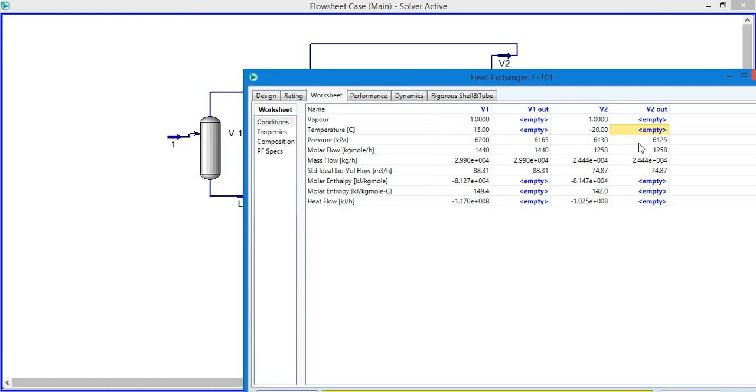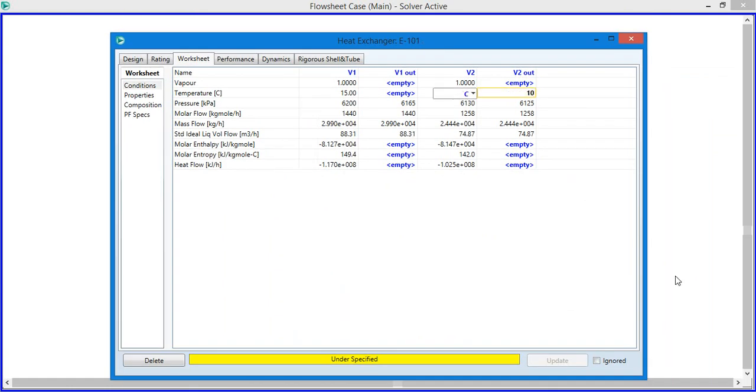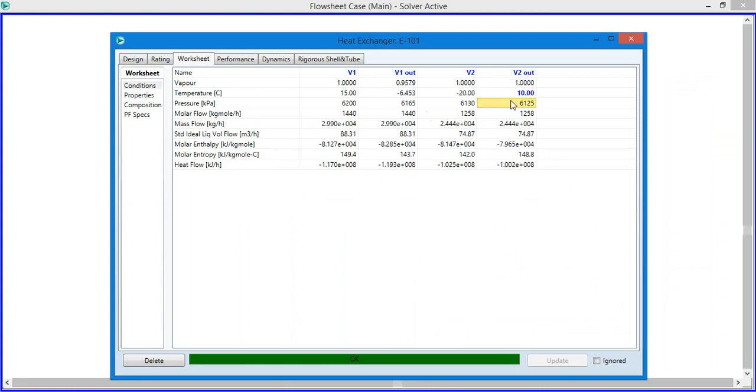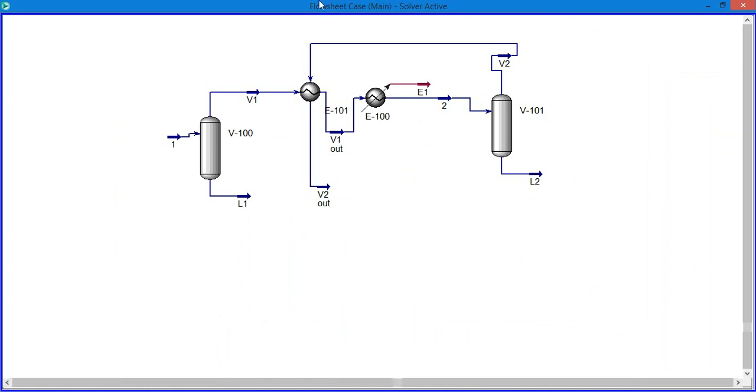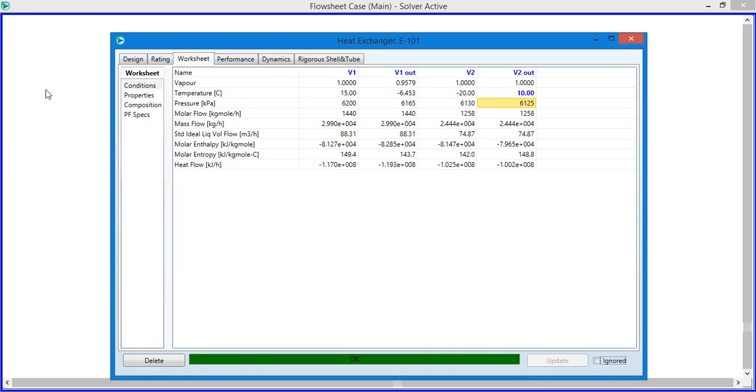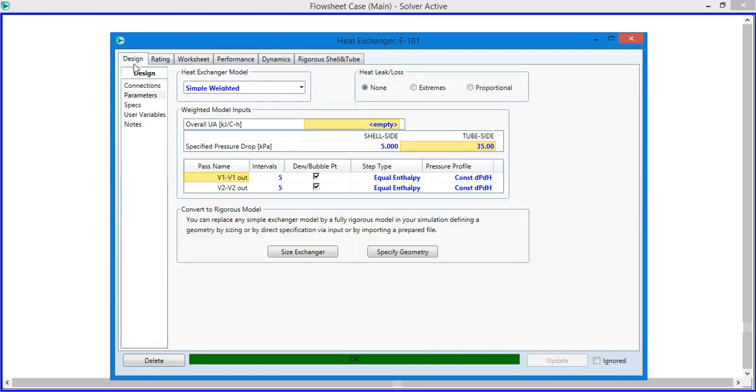Okay, now go to the worksheet and the V2 out temperature is 10 degrees centigrade. Enter, and it is saying okay, we are okay to move forward. We delete this, and so we modified our process by using a heat exchanger, and we have selected the simple weighted